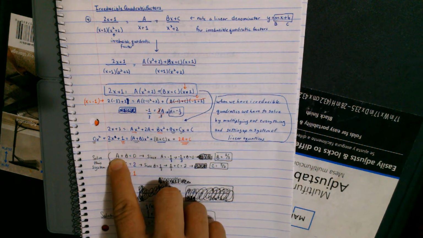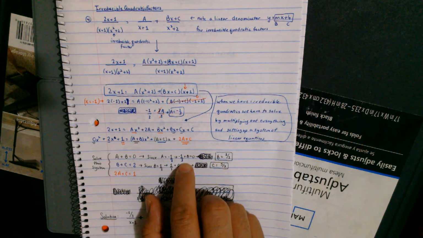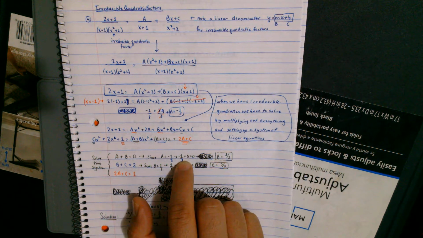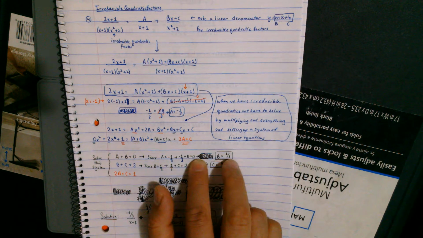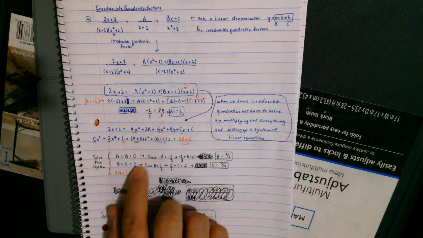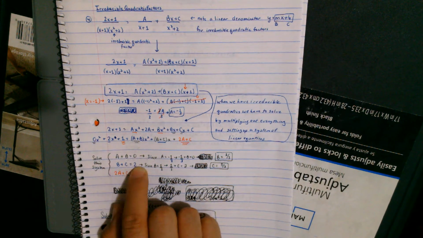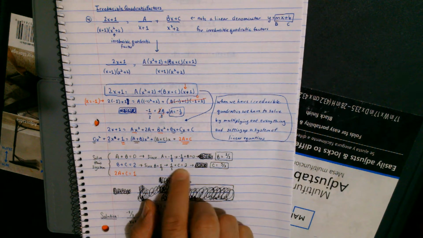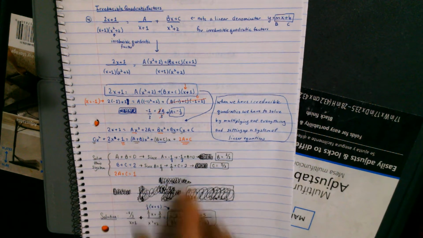So I'm going to plug in a equal to -1/3 here. So -1/3 plus b equals 0. But now all you do is add 1/3 to both sides. So now I have b. So now I have a and b. So now over here I know that b plus c equals 2. B is 1/3. So 1/3 plus c equals 2. Now when I take away 1/3 from both sides,